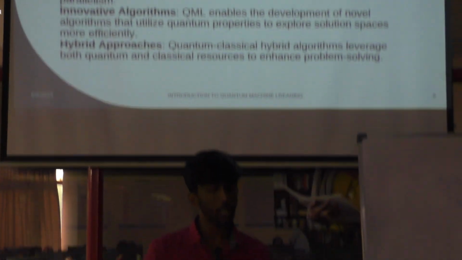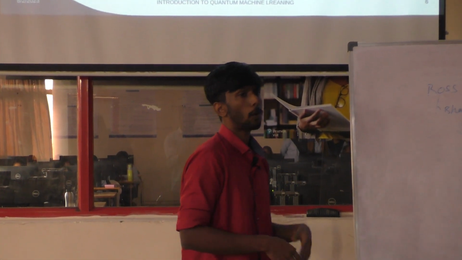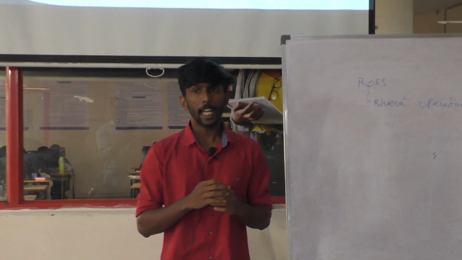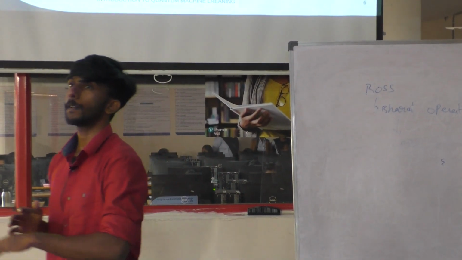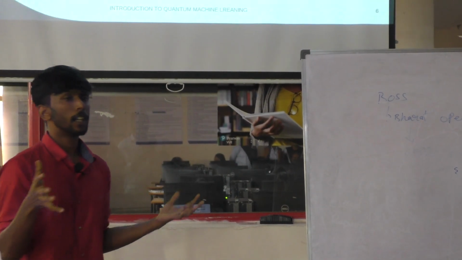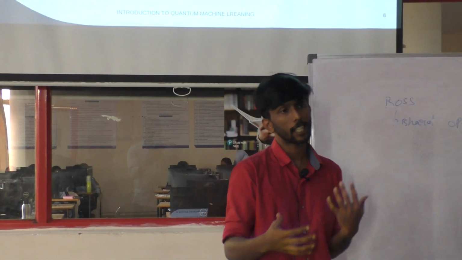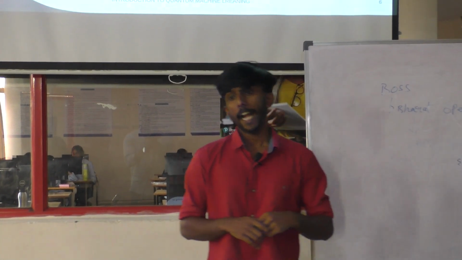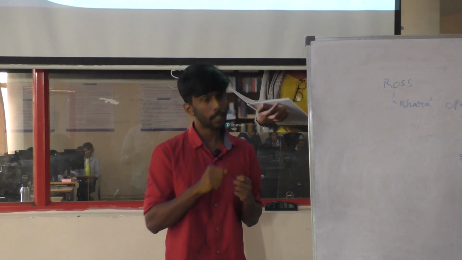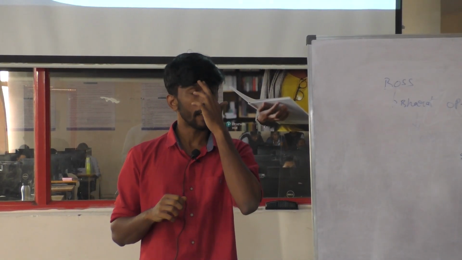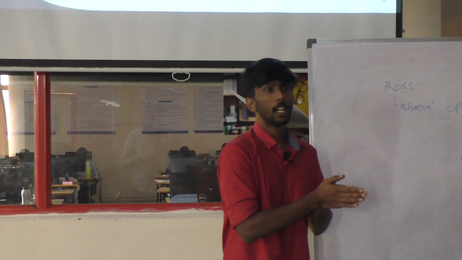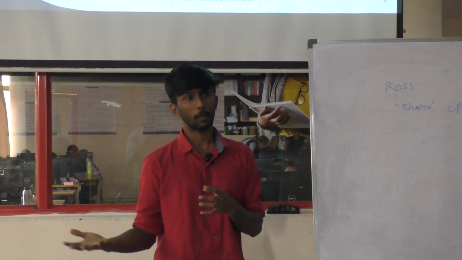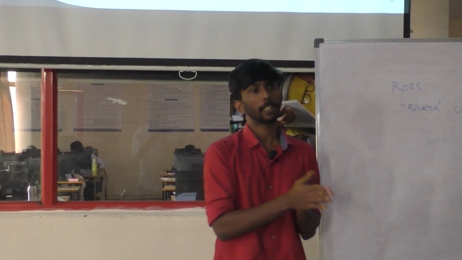And we can also look at innovative quantum algorithms, not just the current machine learning algorithms, but also different types of innovative algorithms, which will help us look at the search space, as we say, the number of solutions that we need to find, in a much better and easier way. And also look at hybrid approaches, where we not just look at quantum algorithms, but also combine them with the algorithms that we already know, the classical ones. So combine both of them and get the best of both worlds.